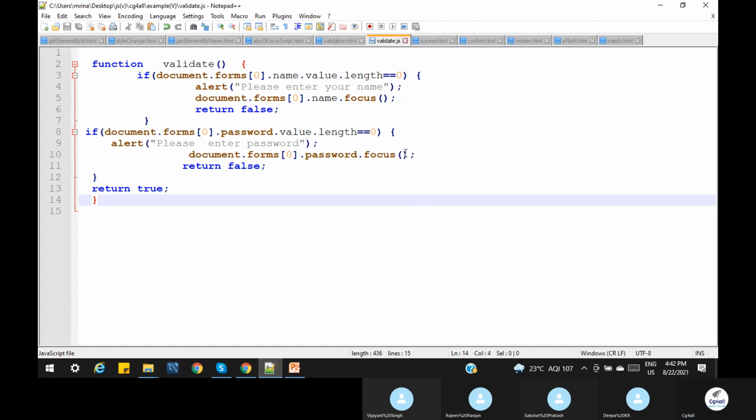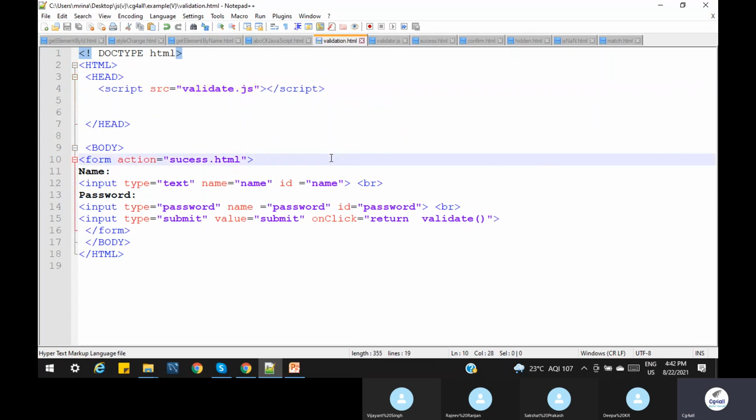Now, inside the onclick, I am calling one function. The function is inside our JS file. If the function is not present in the current HTML code, we will see whether any JS file is there or not. I already saw that validate.js is one file present.